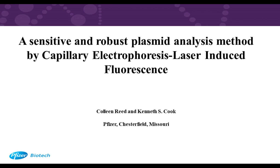And we have time for a few more. I use agarose gel electrophoresis to analyze plasmid isoforms in my lab. It's great to see there are other methods out there for plasmid analysis. Your presentation showed good correlation between the CE data and the agarose gel data. Could you please elaborate a little more on the pros and cons of both agarose gel method and the CE method? So the agarose gel is inexpensive and it's pretty easy to run. You can run multiple samples at the same time, but that is difficult to automate, like the sample loading. And then also you can find that bands, particularly in the side lanes, like near the edges of the agarose gel,